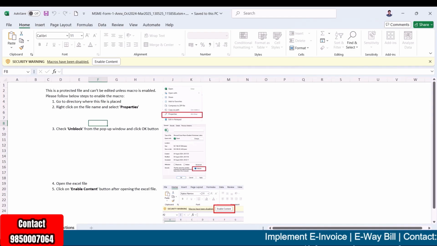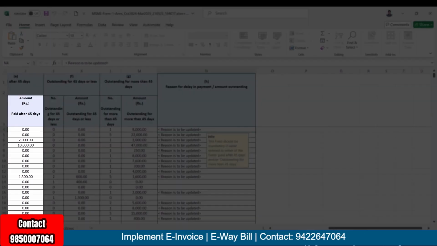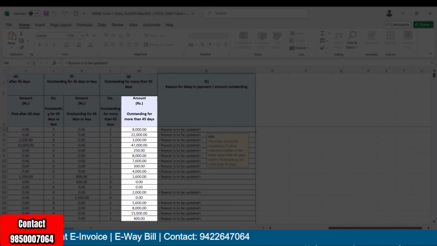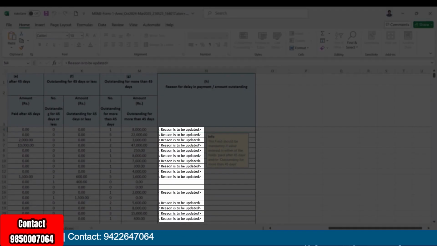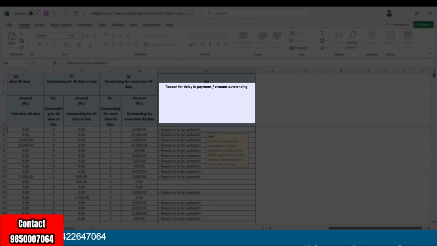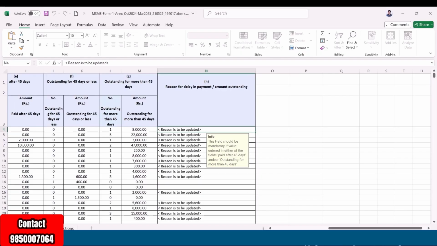Open the file again and go to MSME sheet. In case there are any values under the paid after 45 days or outstanding for more than 45 days columns, the text "Reason to be updated" will appear in the Reason for delay in payment or amount outstanding column.